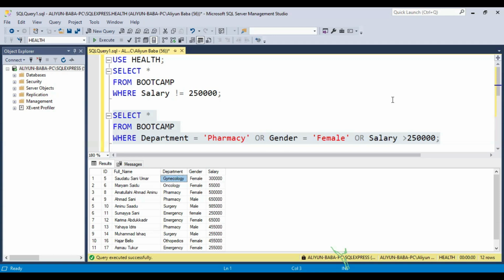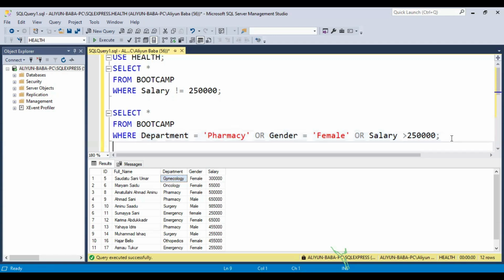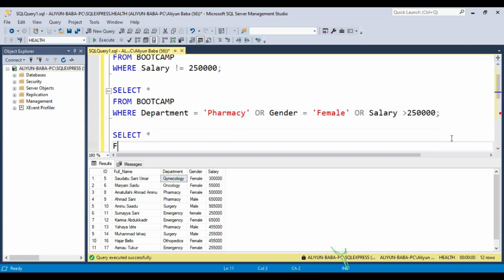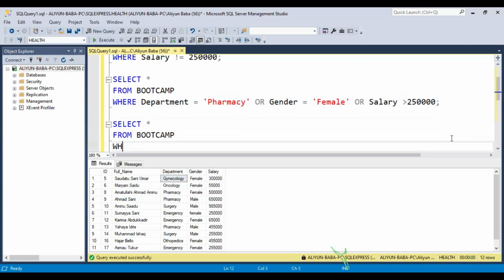For AND, it has to satisfy all the criteria. It has to satisfy all the conditions. While for OR, if it satisfies only one condition, then you are good to go. Then I'm moving to the NOT operator. Maybe you want to retrieve all the information from bootcamp, maybe where, then you say what? Where